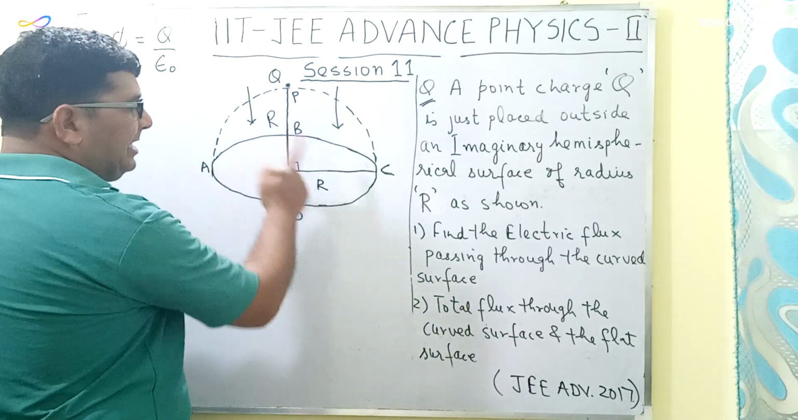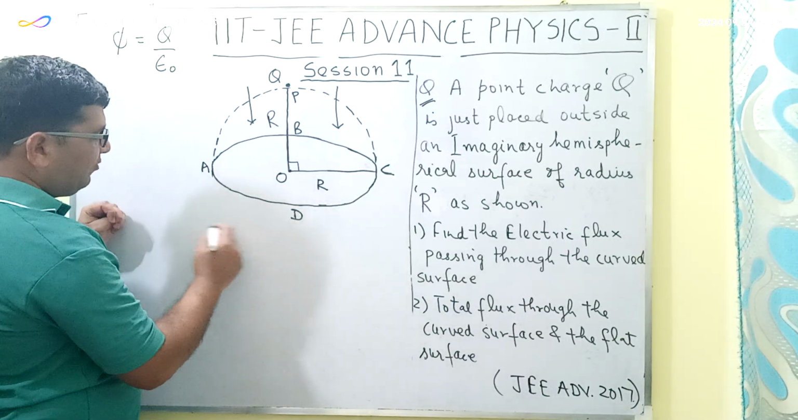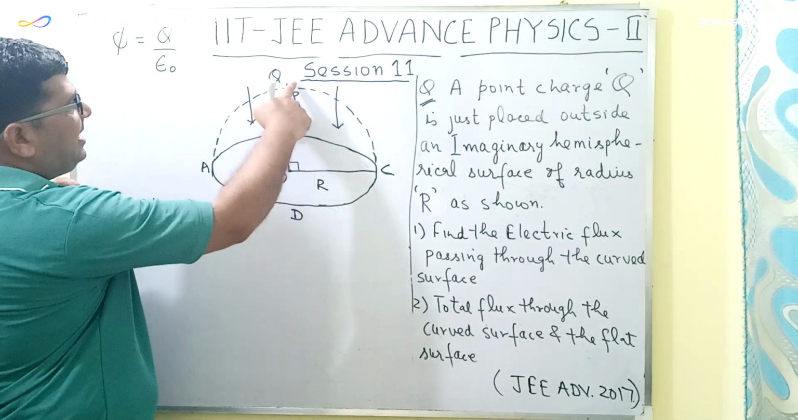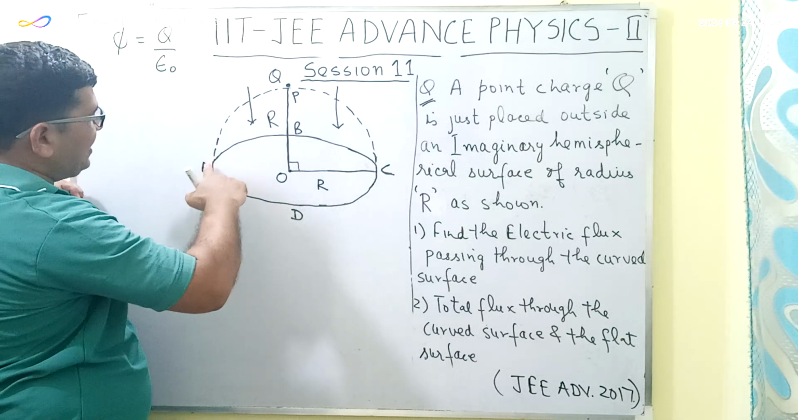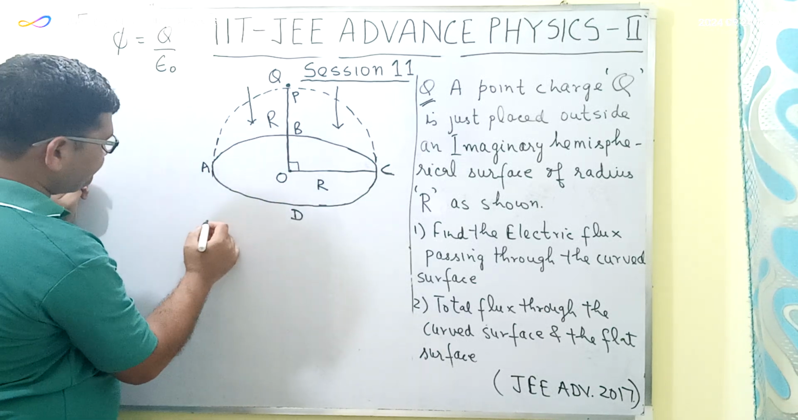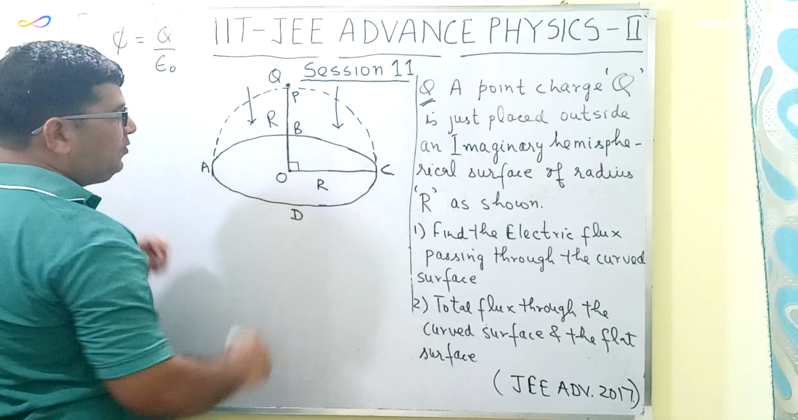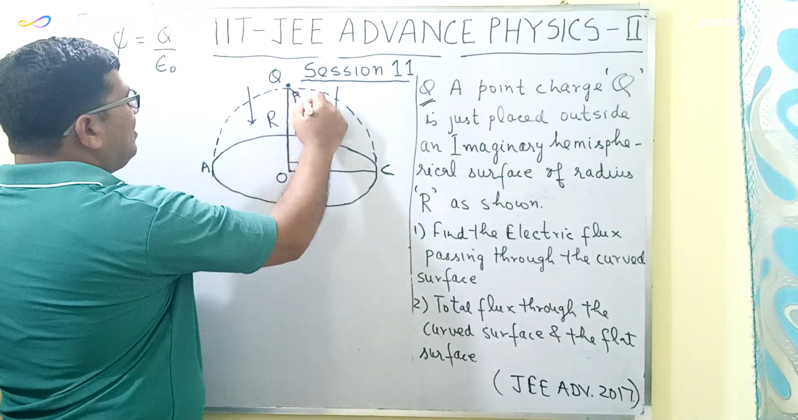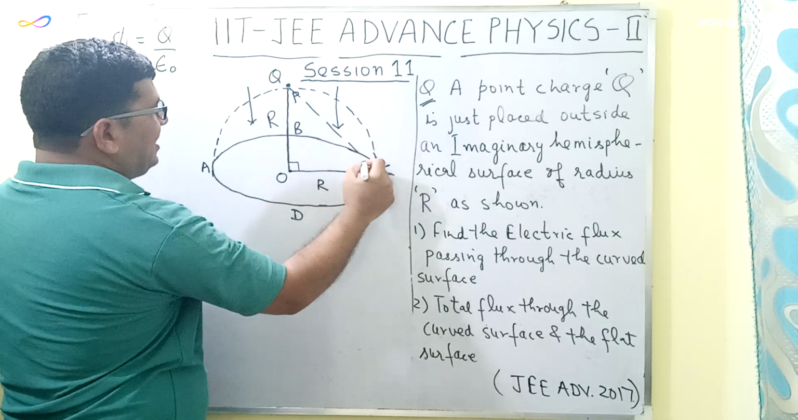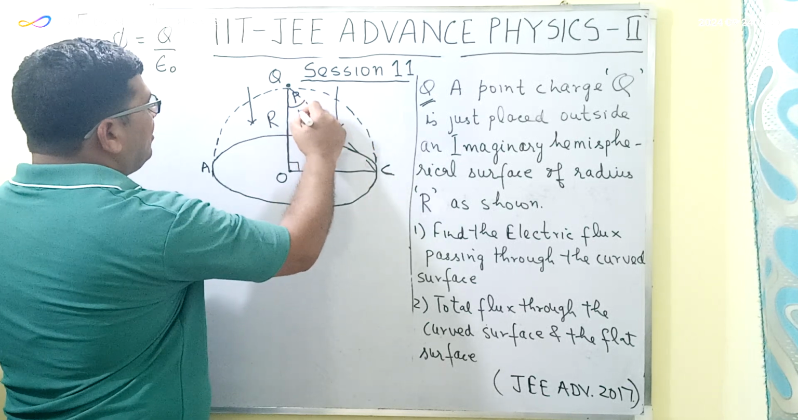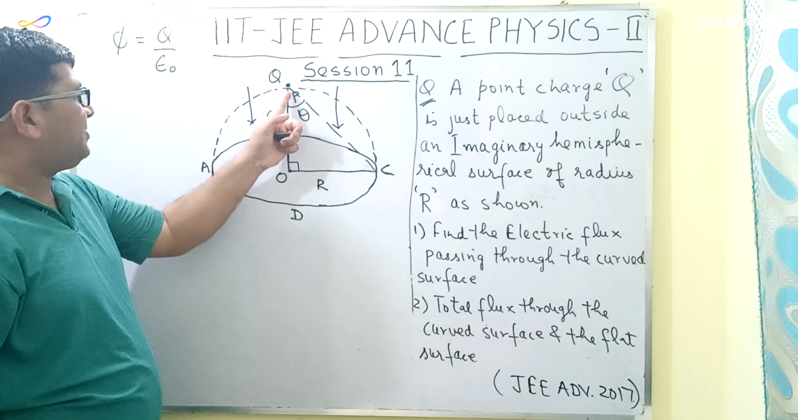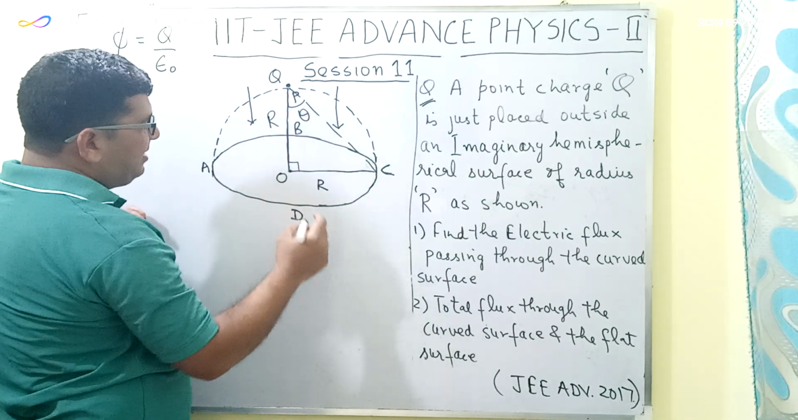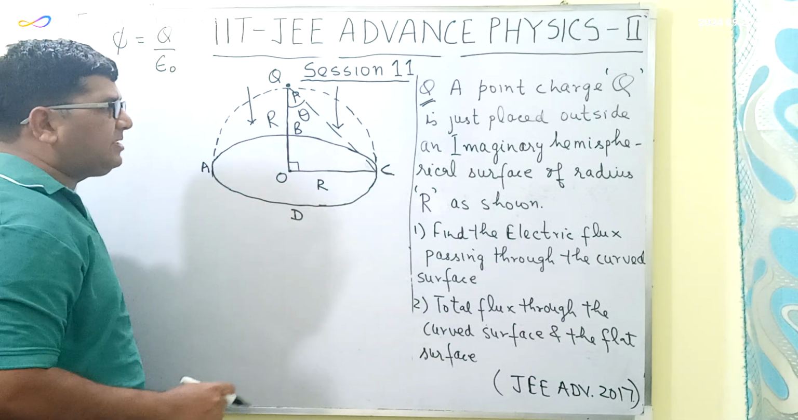Now in order to find the electric flux through this curved surface, we will first of all find the solid angle subtended at this point P due to this flat surface ABCD. So in order to find the solid angle, first of all let us find the plane angle theta, which is subtended at this point P. So the plane angle theta will be here equal to 45 degree, because the radius of this imaginary hemispherical surface